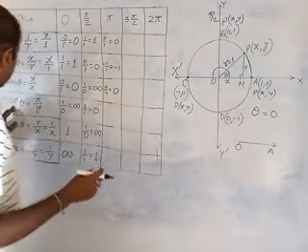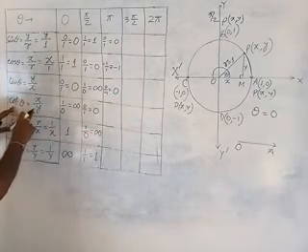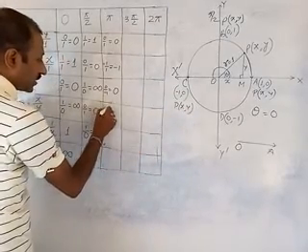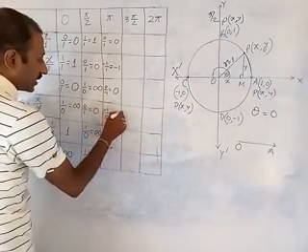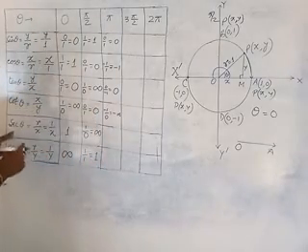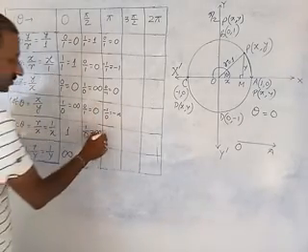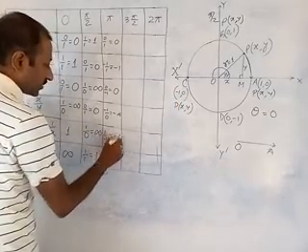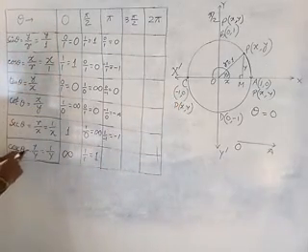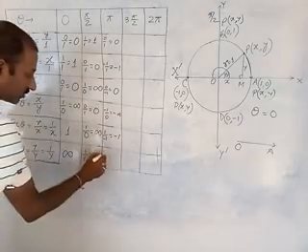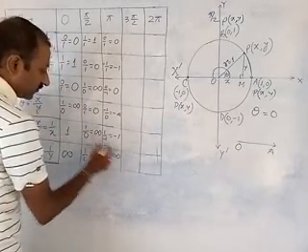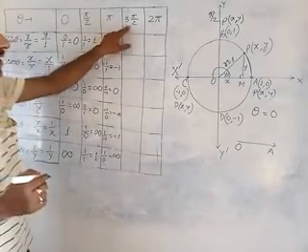Sorry. Cot theta is what? x by y. x by y means minus 1 by 0. This is minus 1 by 0. So this is equal to minus infinity. Sec is what? 1 by x. 1 by, what is x? x is minus 1. Answer is what? Minus 1. Cosec is what? 1 by y. 1 by, what is the value of y here? 0. It is infinity. Clear? Now 3 pi by 2.